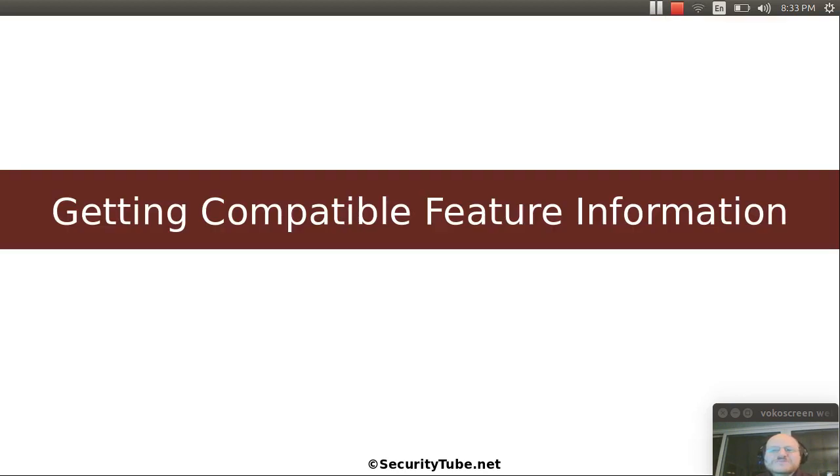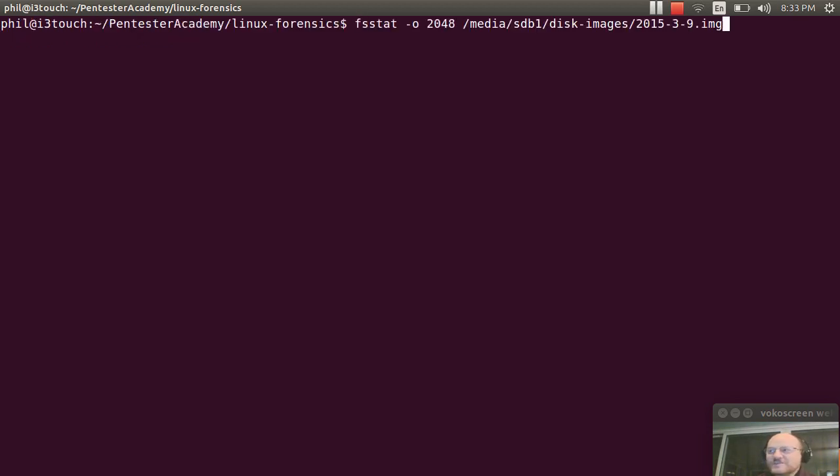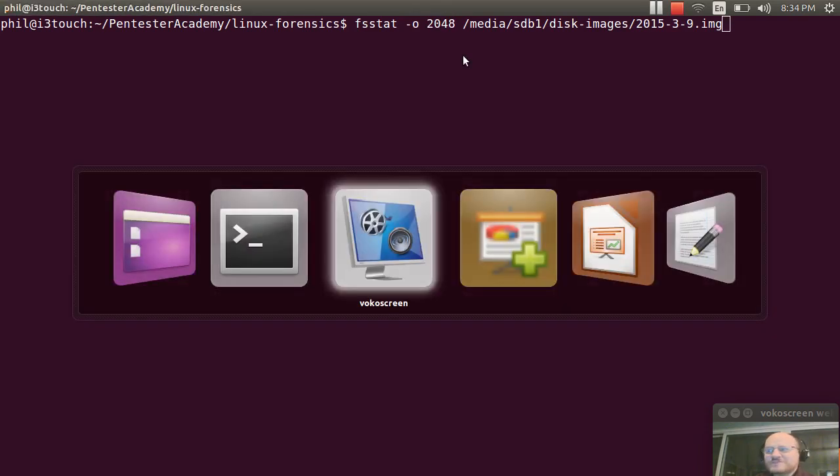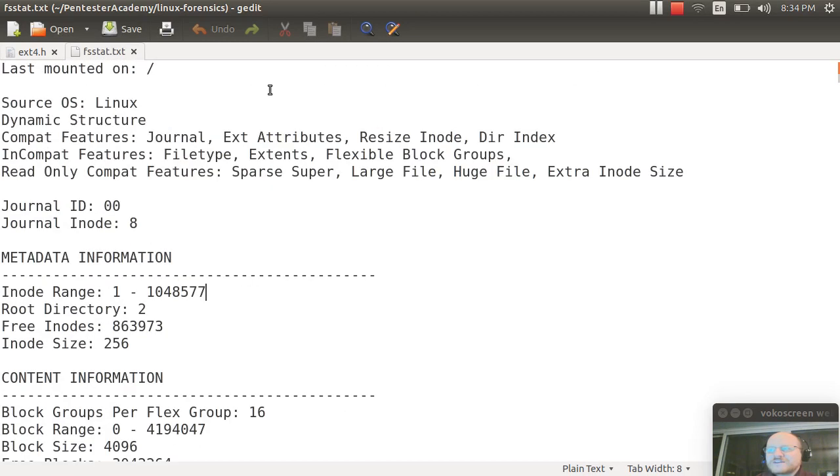So how do we get this information? Once again, if it's an image, you can use fsstat on your image. And here was the format, fsstat, and then possibly -o and your offset in sectors, and then your file. When you capture that output to a file, you will see that our subject system